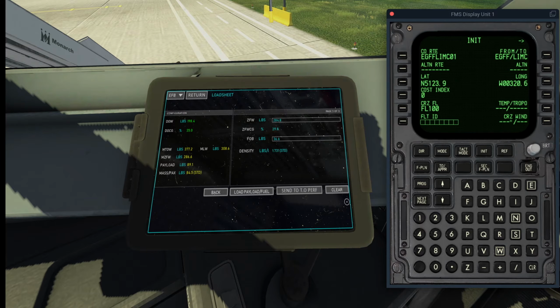We insert it, and now I need to put in the flight level that I'm going to cruise at, so 350, and then the flight ID, which today is going to be Monarch 2302, and we'll put that there in the bottom. Okay,